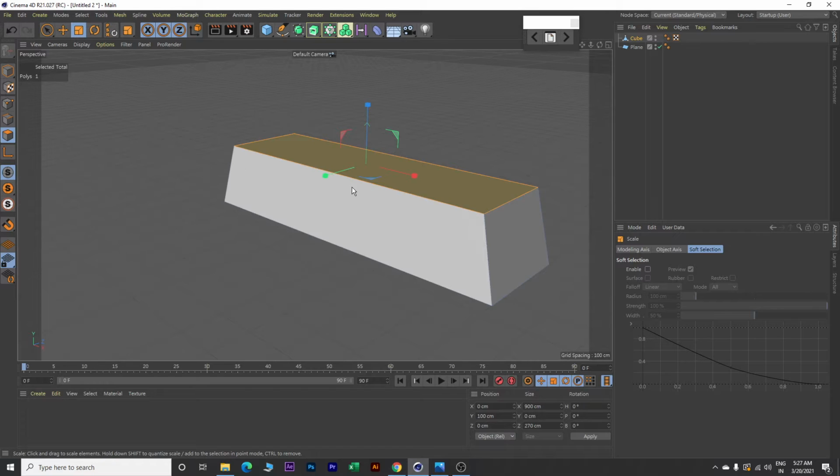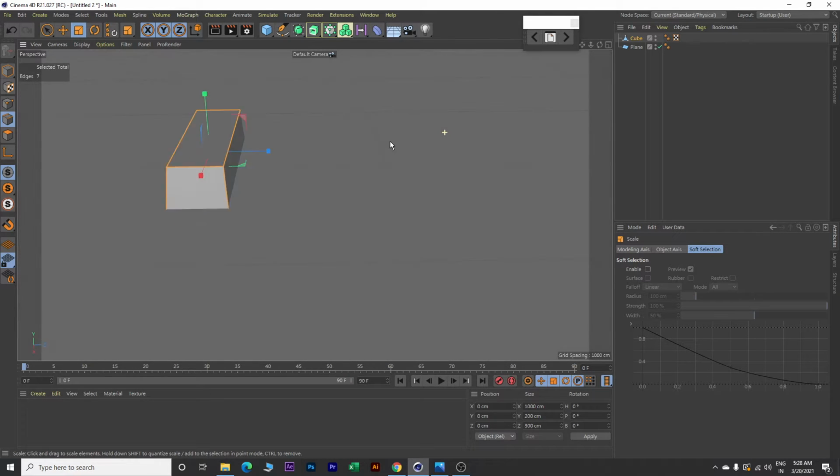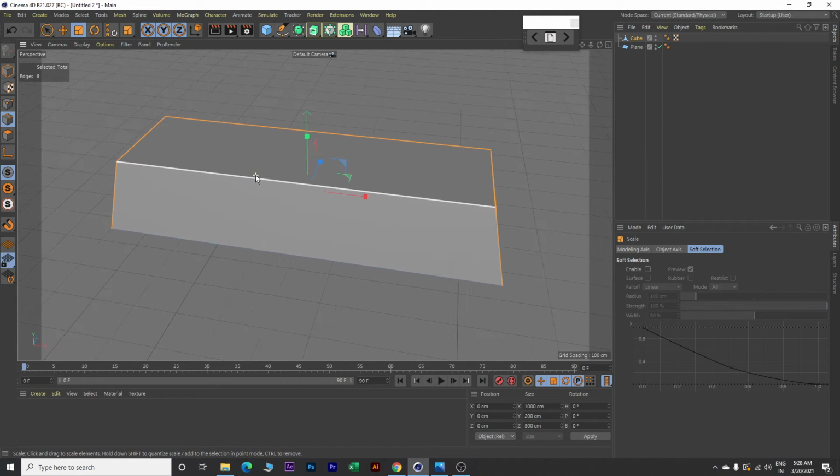Okay, so now our brick is ready. We will make further adjustments. So click over this edges, select all these edges, use shift key and select them all one by one like this one, and lastly rotate and select this last one also. Again rotate it back, zoom in.